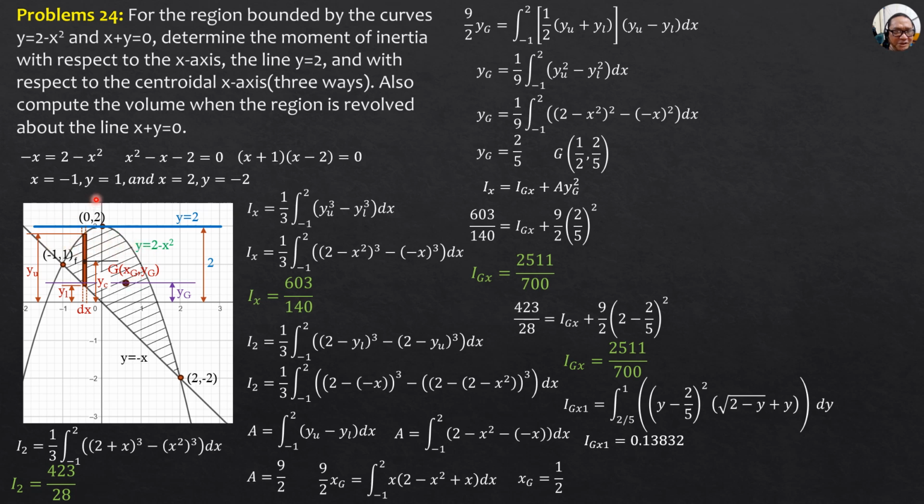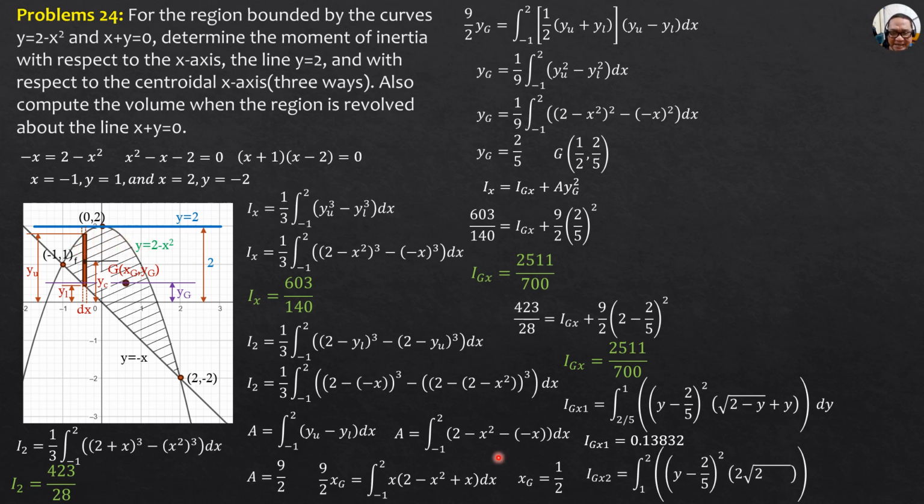Then for Igx2, this is a symmetrical parabola. Parabola is symmetrical, of course, with respect to its axis. So if we denote this as x, that distance to the left is also x. So the total length is 2x, then dy, the differential area. And the distance to this axis here is again y minus yg quantity square. Limits this time would be from 1 to 2. And it is the integral of y minus 2/5 quantity square. Then the differential area is 2x dy, where x is the x of this parabola.